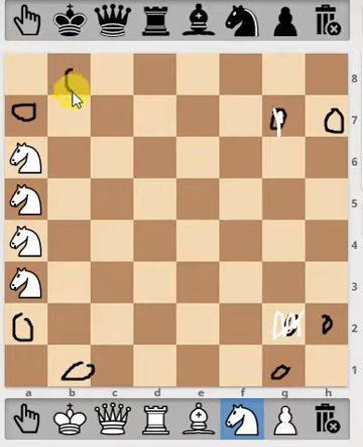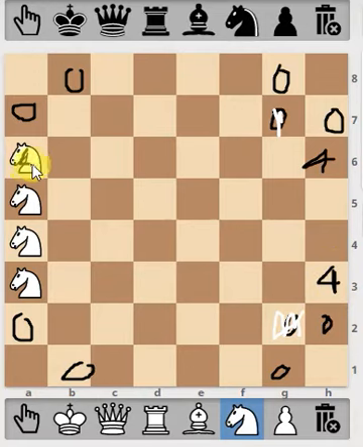From all other squares, it moves to 4 squares. Let's bring the knight closer to the center.